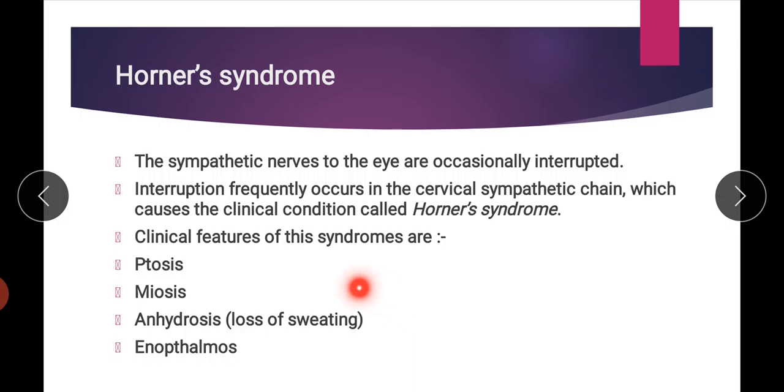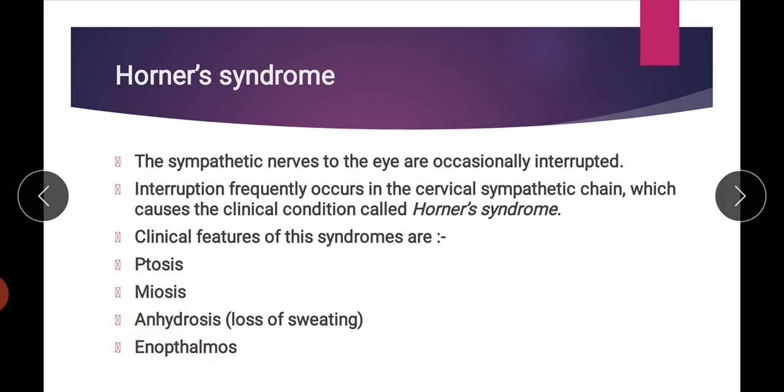The anhidrosis or loss of sweating occurs because sweat glands are supplied by sympathetic nerve fibers. So when this nerve fiber is damaged, half of the face suffers anhidrosis or loss of sweating. And enophthalmos means small eyeball. We can say it is a pseudo enophthalmos. It gives the appearance that one eyeball is smaller than the other, but it is not actually a decrease in the eyeball size, the reason is the ptosis. Because of the half closure of the eye, the affected eye appears smaller. Okay, so that's why we call it enophthalmos, or decrease in the size of the eyeball or smaller eye.